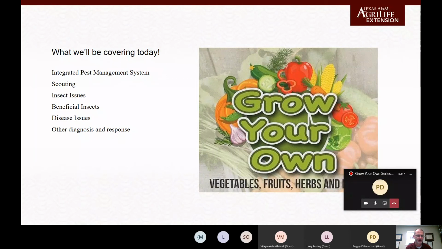Here this morning are integrated pest management. I'm going to go through what that means and all the components within it. We're going to go through and spend a lot of time on scouting. This is the most important part of IPM for sure. And so I'm going to show you some skills that you can learn to help